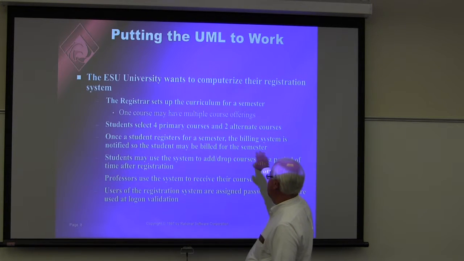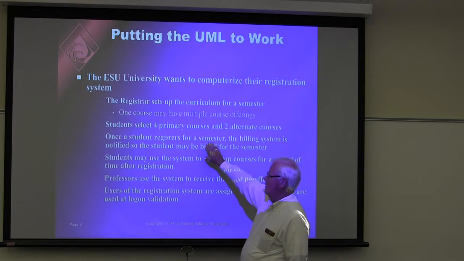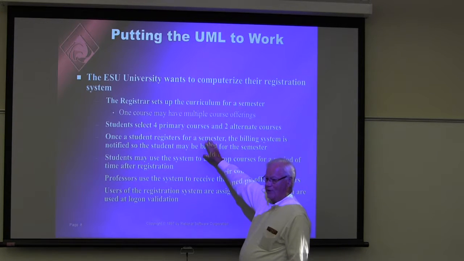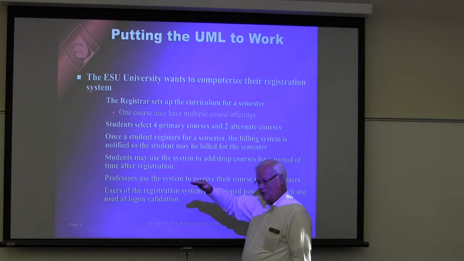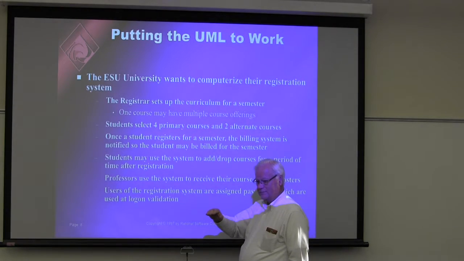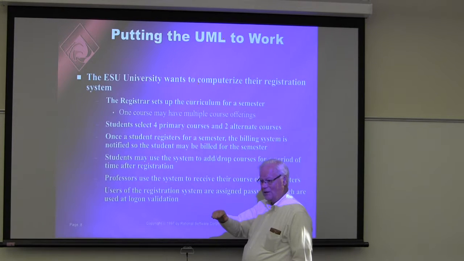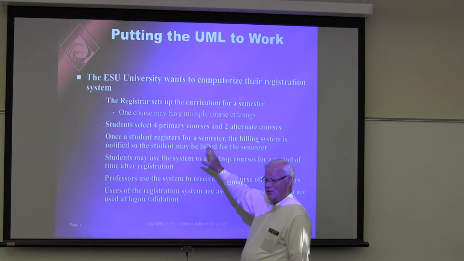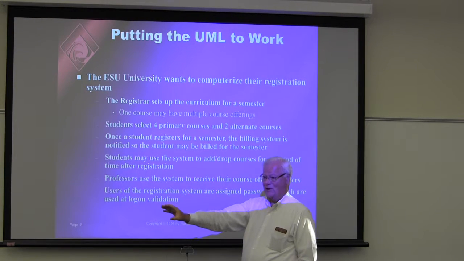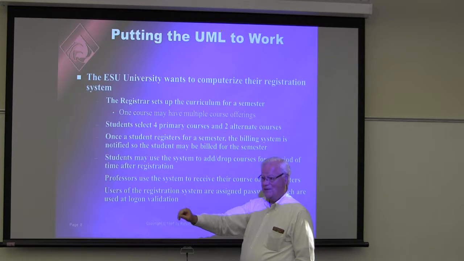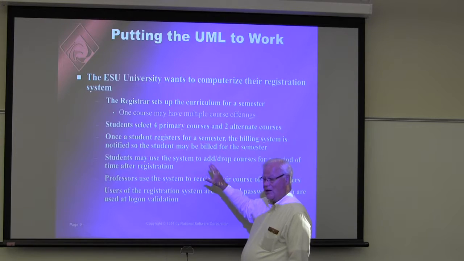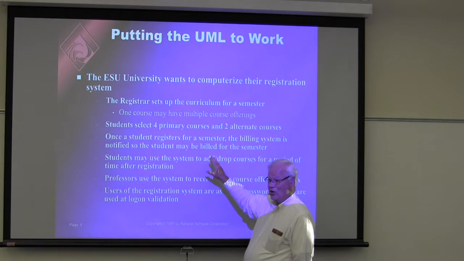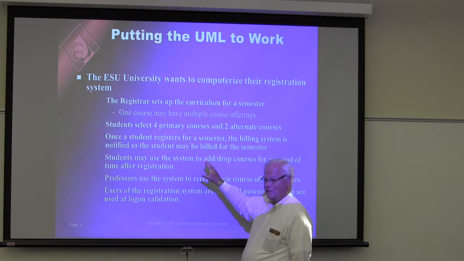Once a student registers for a semester, the billing system is notified. Now, the billing system is notified from what? Does it get notified every time he enters a course, or does it come off his schedule? Okay. In this case, they're going to say it's after he signs up for 4 or 5 courses, then it's going to take everything off of his schedule and figure his billing. Okay. And it could have been either way, couldn't it? So wouldn't it be nice if the diagram made it very clear which way it's going to work? And that's what we're concerned